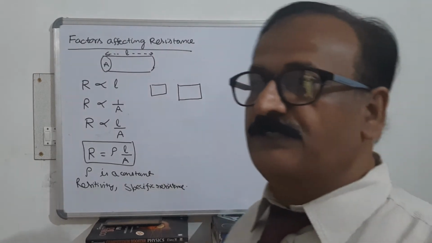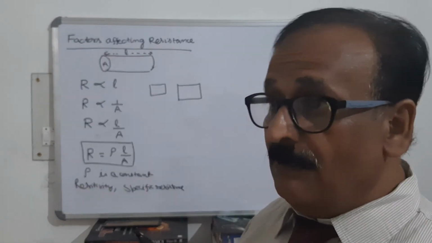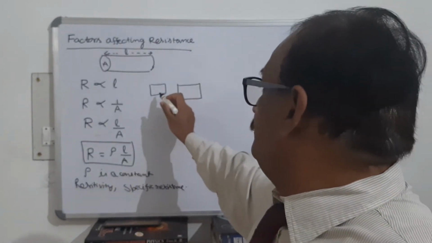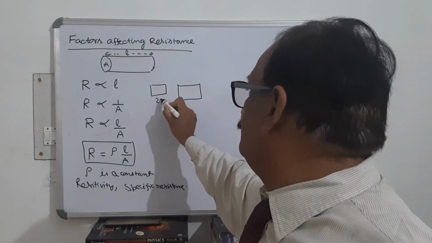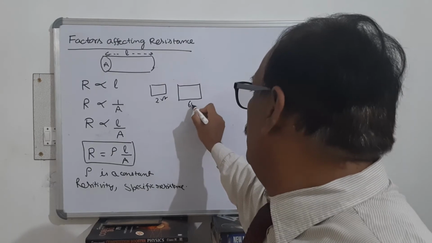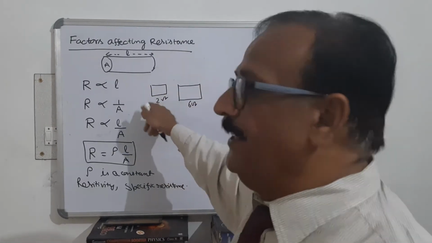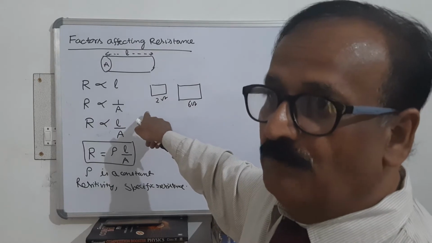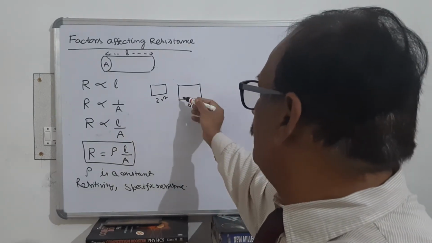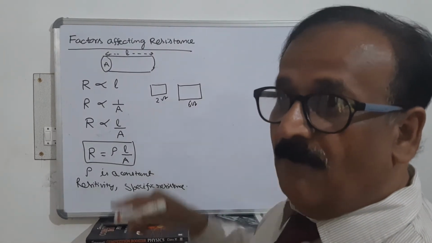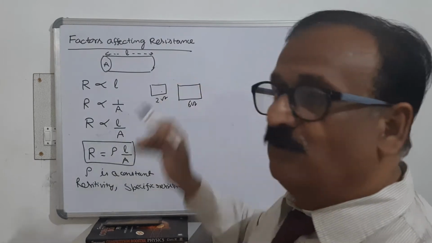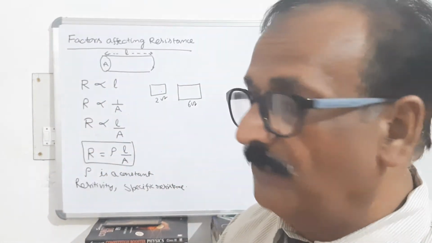Resistance of these two pieces will be different because these two have different dimensions. Length is different, area is different. But if the resistance of this piece is 2 ohm and the resistance of this piece is 6 ohm, then however much potential you apply across it, its resistance will always remain 2 ohm, it's constant. However much potential you apply across this conductor, its resistance will remain the same, 6 ohm. But the resistivity of this piece and this piece is the same because both are of the same material. So resistivity is constant for a material and resistance is constant for a particular piece of conductor.